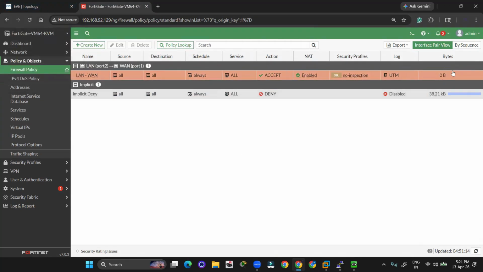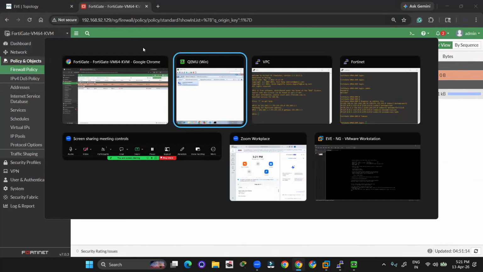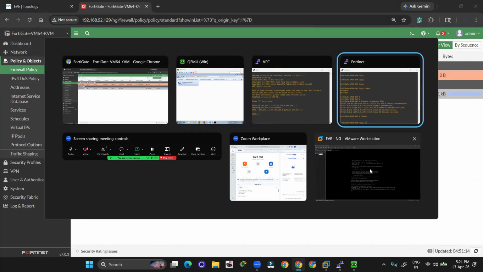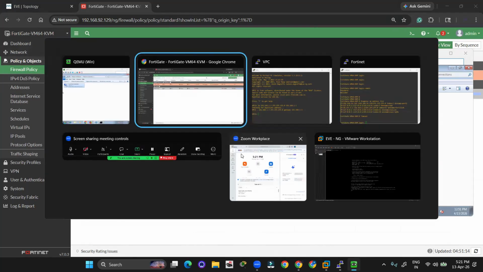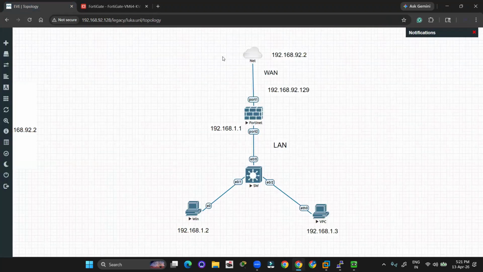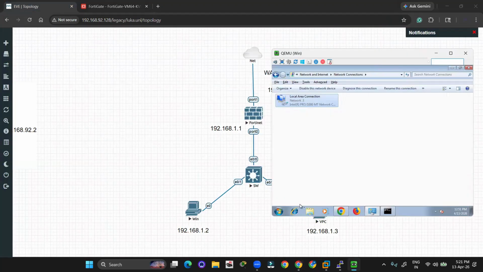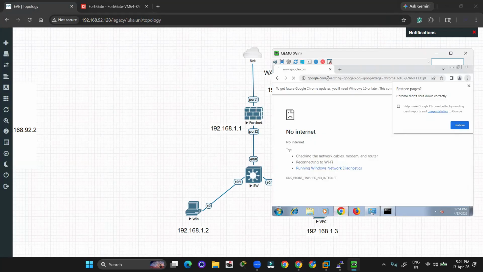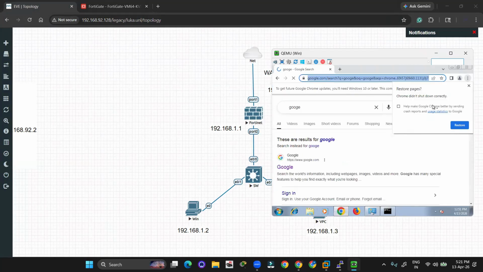But still I can't see any traffic. Let me go to the firewall now. Sorry, let us go to the PC now and try to ping google.com. Okay, so let's go to the internet and here we can see